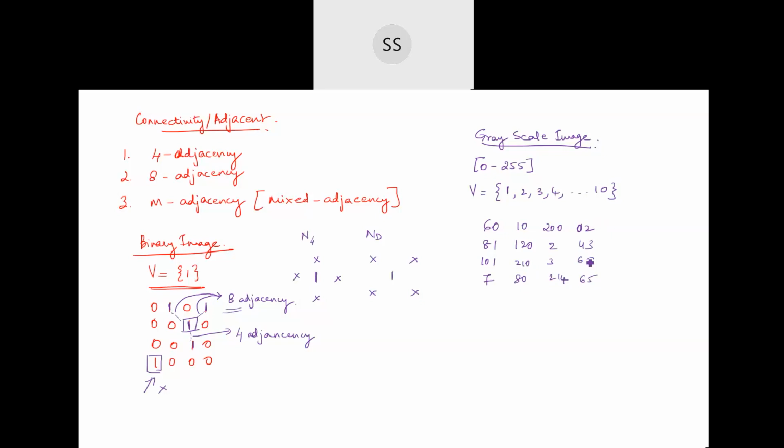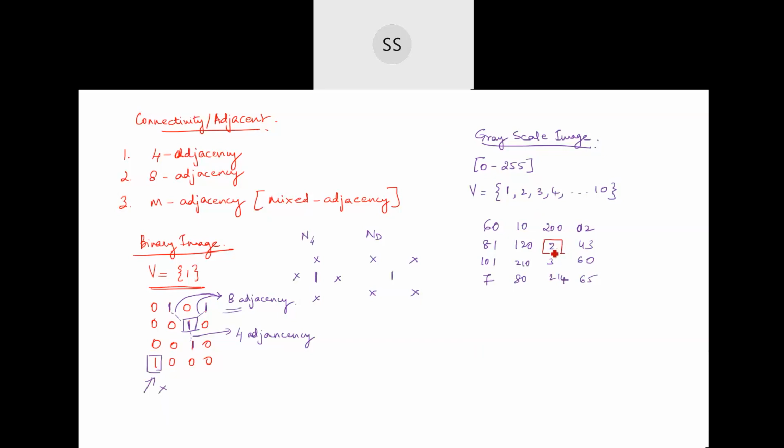Okay, so imagine that you have a grayscale image for which each pixel value has been given here. And I've said that I'm only going to consider the pixels whose values are specified in the V set. Those are the pixels under consideration. So imagine I choose a pixel which has a value 2. It belongs to the set, so I can choose a pixel value 2.